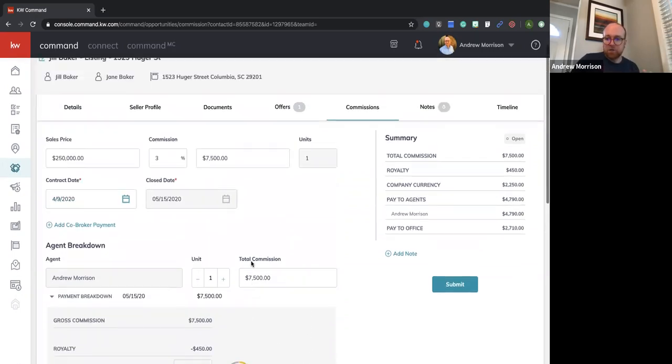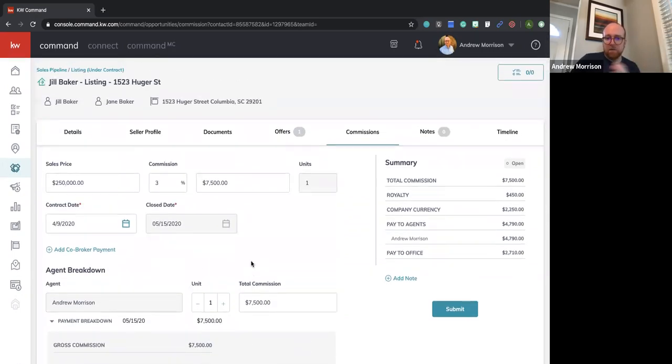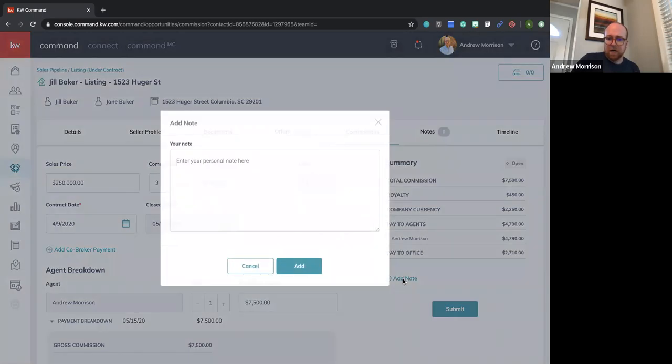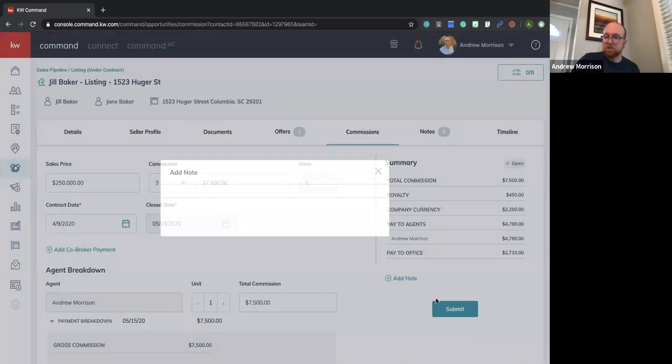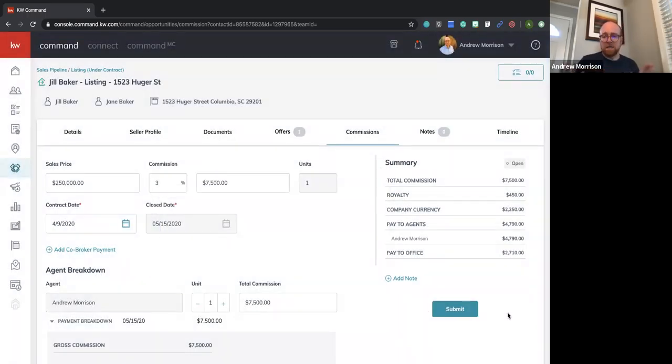And that is pretty straightforward, right? That's how I would prepare my commission request for an individual agent. If I needed to add a note to send to Brenda, I could add a note. I could type that note in here if there's something unique about this transaction, and then I would just hit submit. Now, I'm not going to submit anything today because I don't want to mess up the Win-More system on